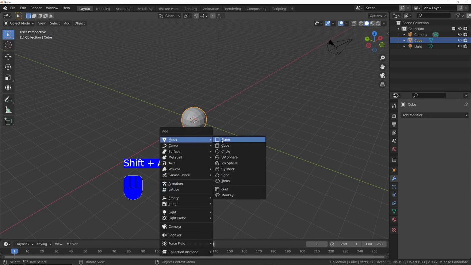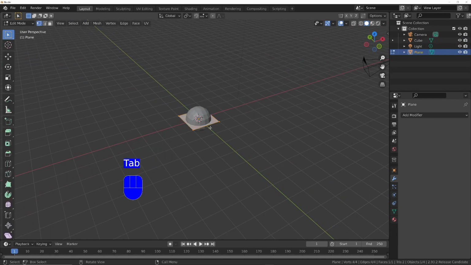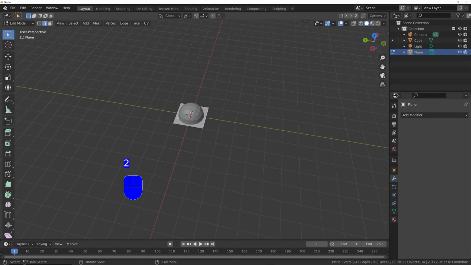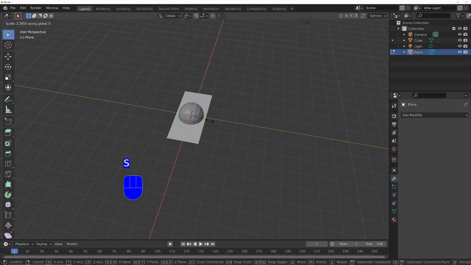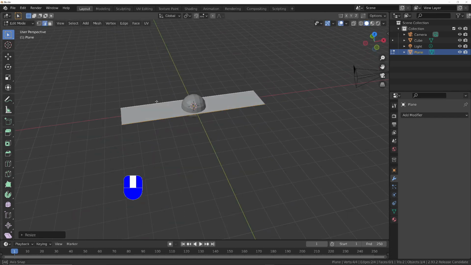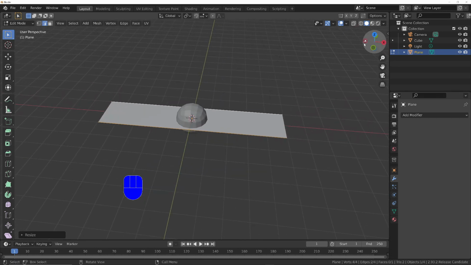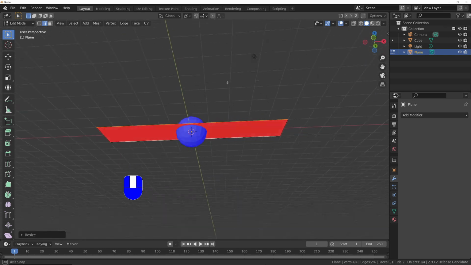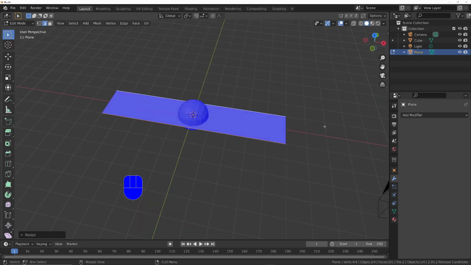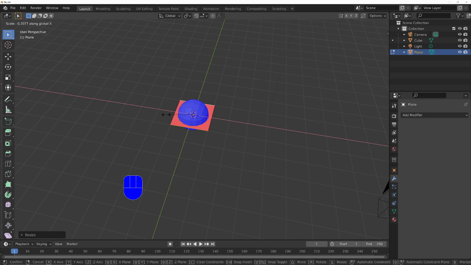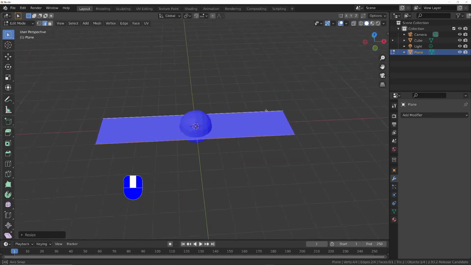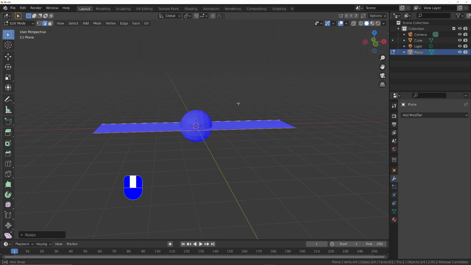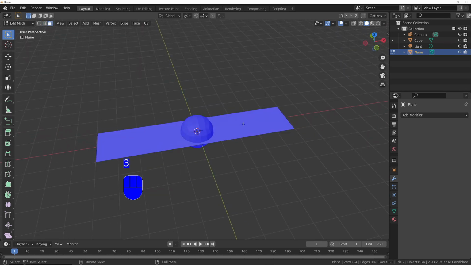So we'll now add the set of stairs. So Shift A, Mesh, Plane, into Edit Mode, number 2, and I'll select that edge, and holding Shift, select this edge, S, and then X to scale them outwards. And just make sure your faces are still pointing the right way. So go and make sure it's blue, not red. It needs to be blue pointing upwards. If you scale them in the wrong direction, then it'll turn red. Basically, you invert it. If that happens, just scale it back out, or alternatively, press Shift N with the faces